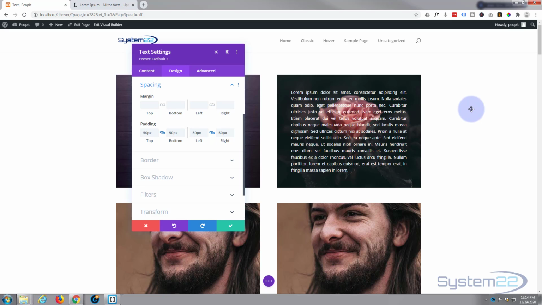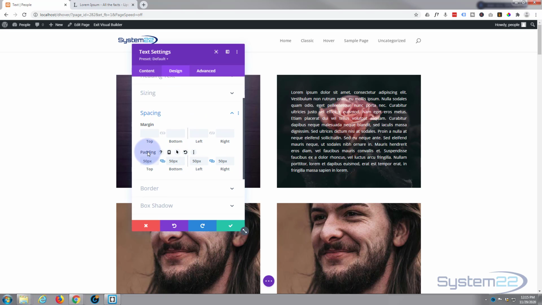Now then, what do we want to do? When we're not hovering over it, we don't want to see any of this. We want to see that nice picture of the rose or whatever it is back there. And when we are hovering on it, I want this to sort of scale in and reveal. So we're just going to use a bit of padding to basically do this today. So while we're in the spacing,